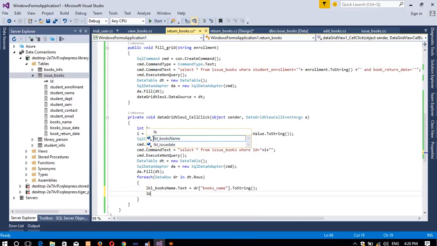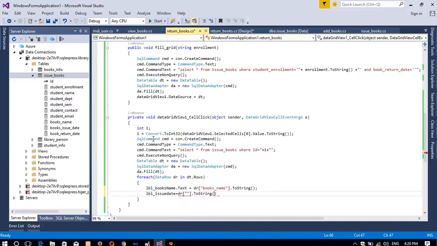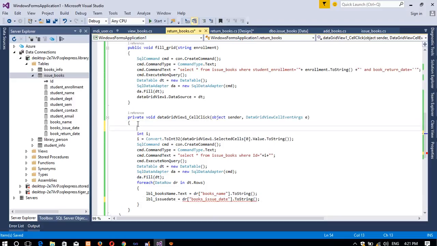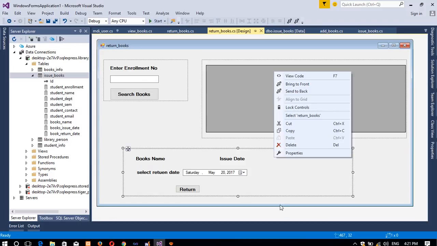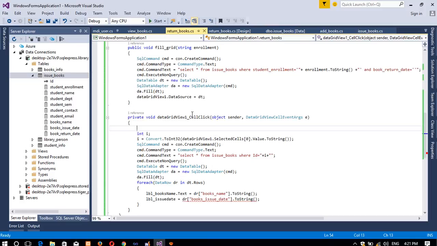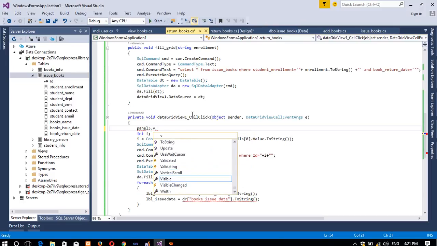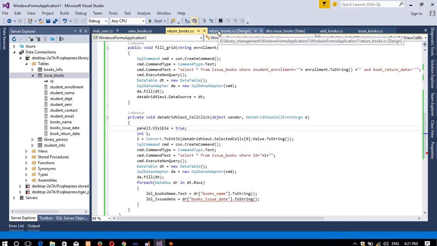and now issue date, lbl issue date is equal to dr books underscore issue underscore date. Okay, here one mistake, issue date, yeah. And we need to enable that panel, so we need to check the panel name. Our panel name is, I think, panel 3. Yeah, it is panel 3. Panel 3 dot visible is equal to true. Okay,